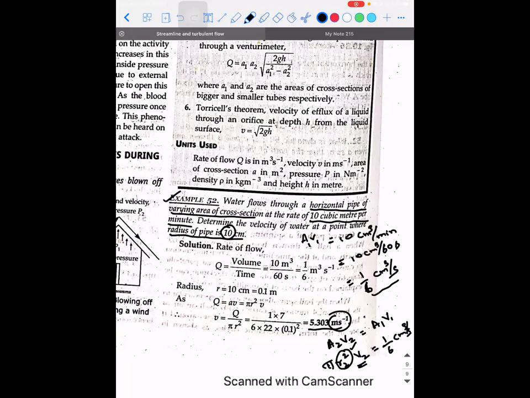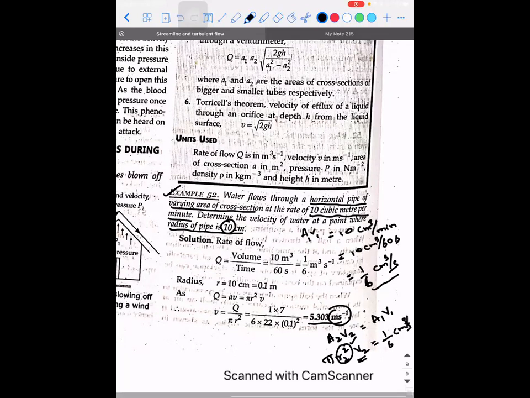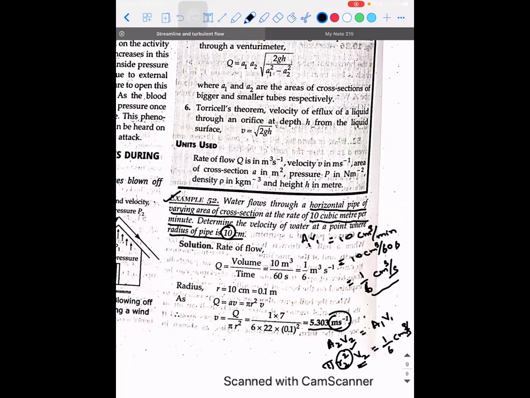See, if you're not sure of what your teacher is expecting, if you write in centimeter per second, then in the last step you write it in terms of meter per second also. You're on the safer side, right? You just write both the options and leave it to the teacher. But it's not necessary that you have to convert it. Sometimes you can leave it in centimeter per minute also. But the more standard way is centimeter per second or meter per second. That's why we prefer that.